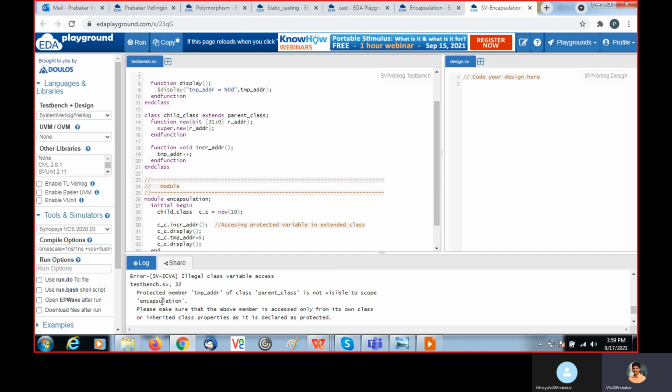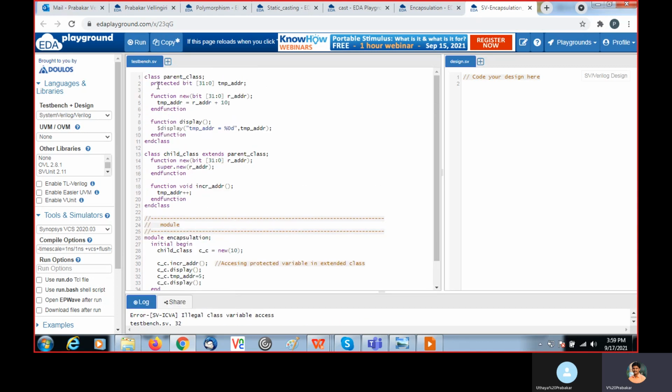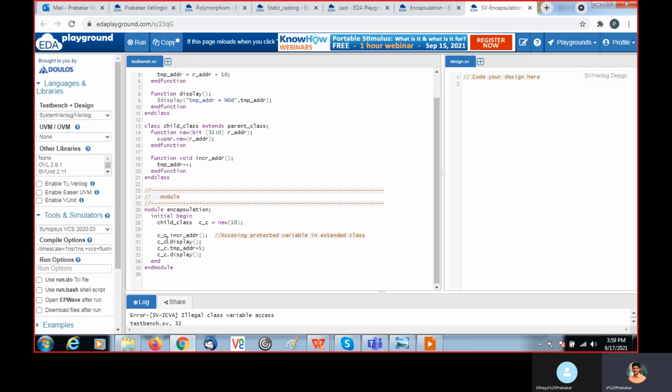Now we are not able to access. Error: protected member temp address of class parent is not visible in this scope. So when you declare a variable as protected, only the subclass can access it. From outside, that is from the module, you can't access those variables.